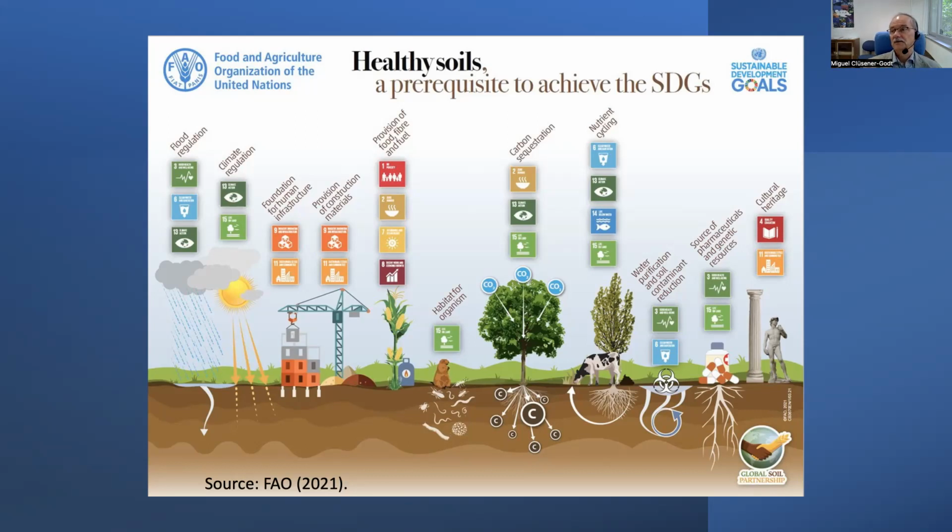Water purification: imagine all the wastewater that we produce, and not only we, all the animals also. It's recycled, decontaminated in the soil. What I mentioned already, source of pharmaceutical and genetic resources. Don't want to go into that. Cultural heritage is also related to soil, the way it worked, the way we use the soil. It goes into our culture, our spirits, our beliefs. So I think it's a very good presentation of what soil is all about.